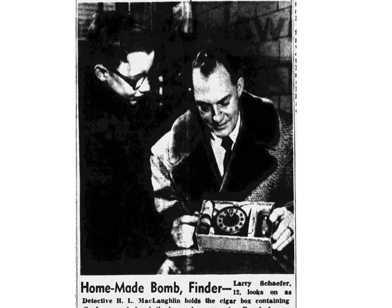In December of 1953, two young lads, Don Anderson, age 13, and Larry Schaefer, age 12, were playing on the riverbank, apparently at the cave, and noticed a small box from which ticking noises were coming out. Being intrepid explorers, of course, they opened it up, saw that there was a clock, some wires, and some other stuff in there, and ran away. Then stopped, ran back, and pulled the wires loose. At this point, they picked the presumed homemade bomb up and brought it home to